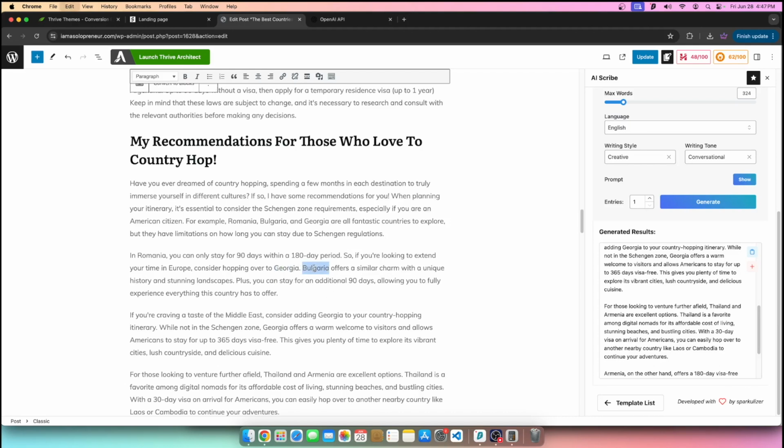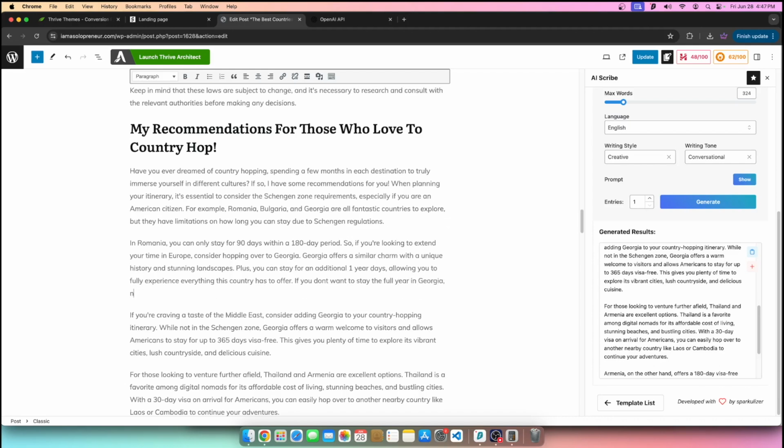And I'll copy this and I'll paste this here. Georgia offers a similar charm, unique history, and stunning landscapes. Plus, you can stay an additional 90 days. So instead of that, I'll say an additional 1 year, allowing you to fully experience what it has to offer. If you don't want to stay the full year in Georgia, no worries. You can enter back in the